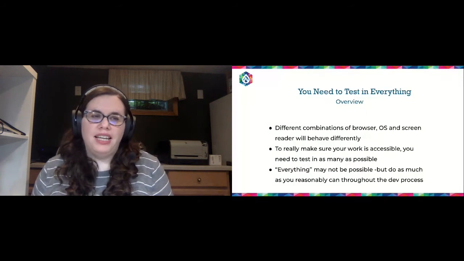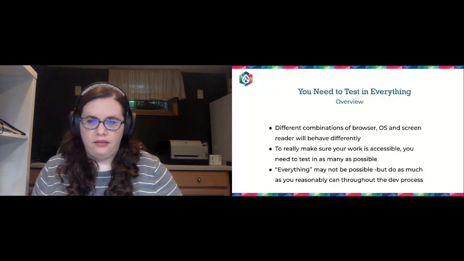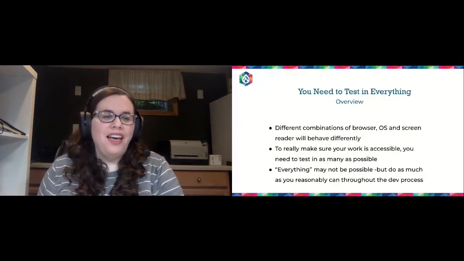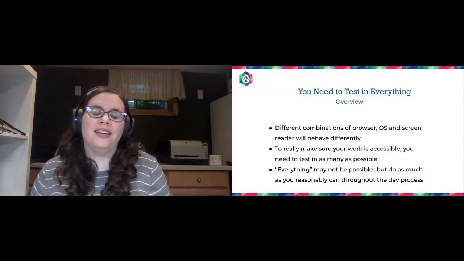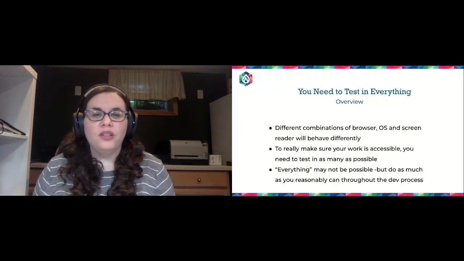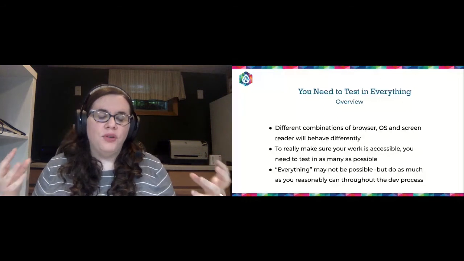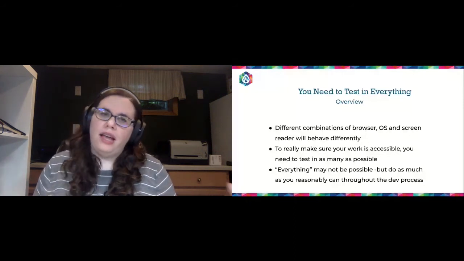One thing to keep in mind is it's very helpful to also include other people's tests as you can. As the developer, I know how things are supposed to work. And so it's very easy for me to find workarounds to get it to work. And even though I'm trying to identify issues, mentally it's like, oh no, I was able to get it to work, so that's fine. It's really good to have somebody who doesn't know how it works, who doesn't know the expected behavior to go in. And so you can really see, how is an actual user going to interact with this? Does this make sense? And that's true for both usability overall and accessibility.